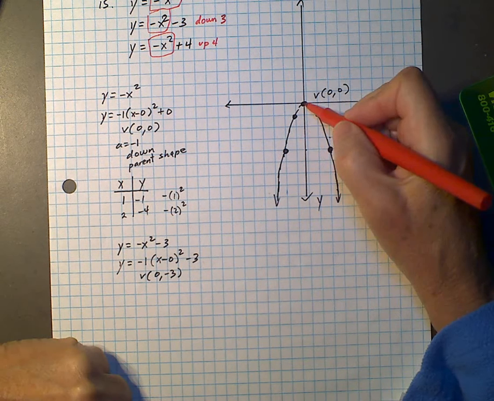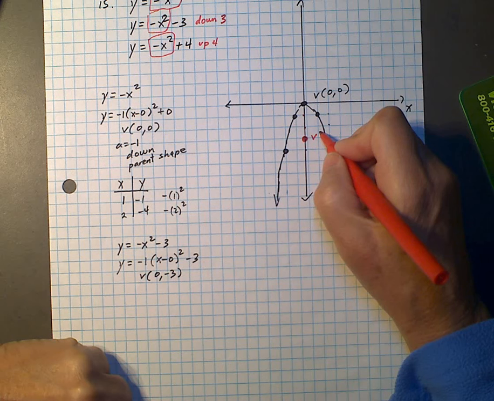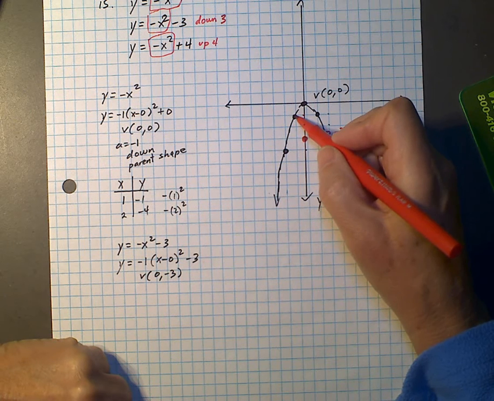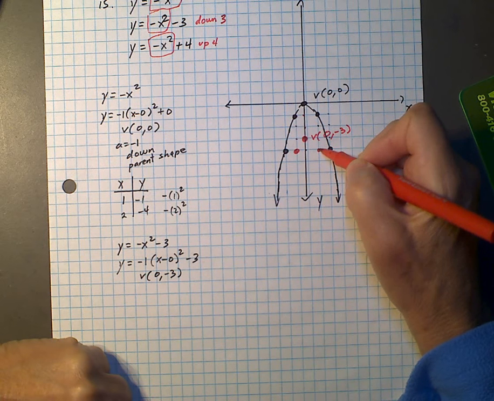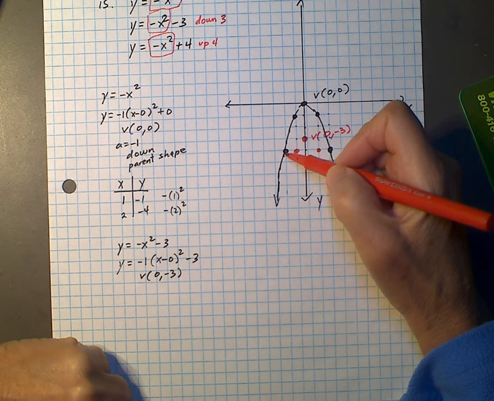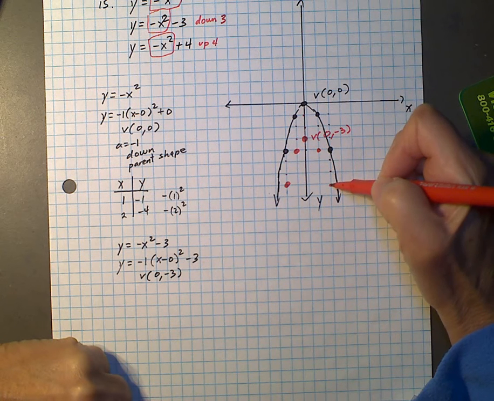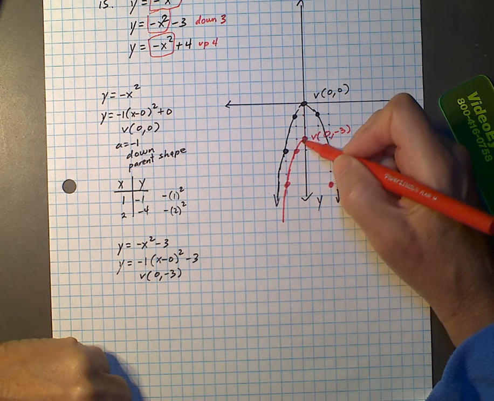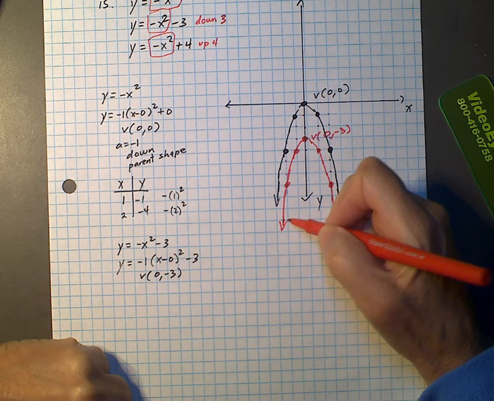So the vertex is now here at 0, negative 3. And this guide point goes down by 1, 2, 3, and this one by 1, 2, 3. So I've got the same graph as the original, just shifted down